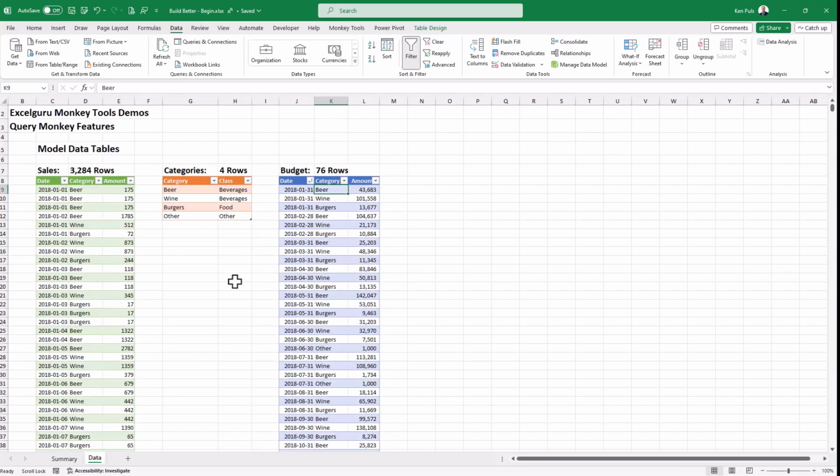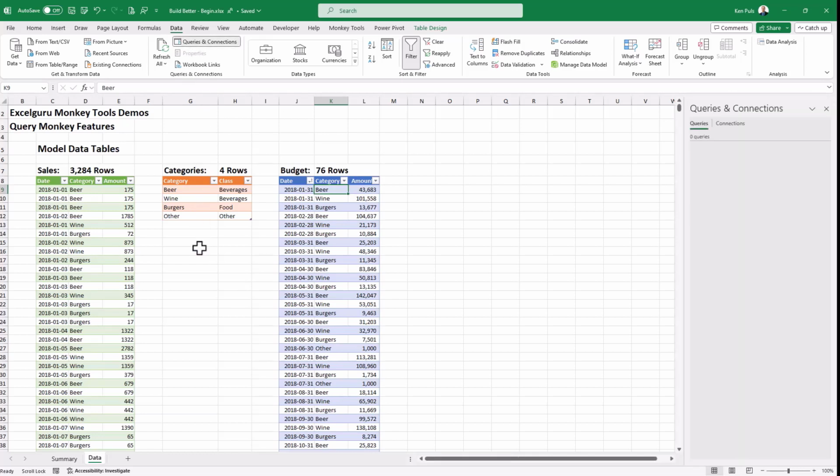So I'm going to flip over to my data tables, and you can see that I've got 3 of them here. These are just tables inside my workbook. We can see if we go to our queries and connections here that we do not have any queries or connections available in the workbook at this time. Now, in order to build these to the data model, what I need to do is get data and bring it into the data model.